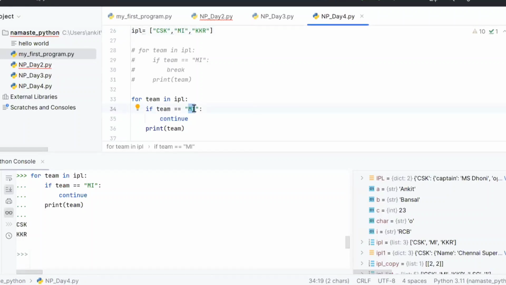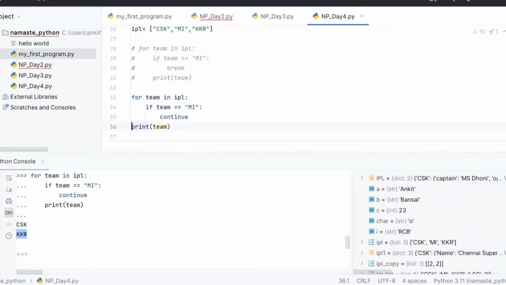So Ankit, it means that using break it is just coming out of the loop, and using continue it is coming to the beginning of the loop. Is it so? Not beginning. It is just skipping the current iteration. It is not going to the beginning, right? After CSK, KKR is printed. We are not printing CSK again. Okay. Ankit, this print statement is under the for loop or it is outside of the for loop? Yes, it is inside the for loop. Still, see, if I do this, then it is outside.